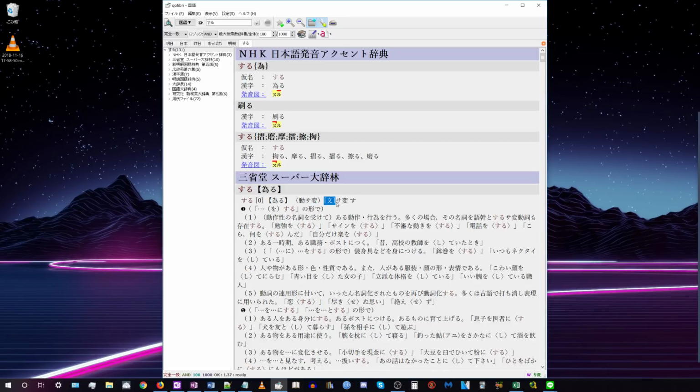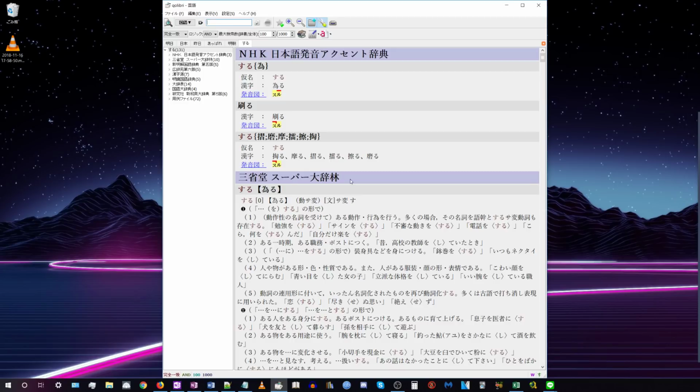And then this thing right here, the boon, it means this is what type of verb it was in classical Japanese. So in classical Japanese, there were more different types of verbs and they conjugated differently. And also the dictionary form of the verb was different. So this tells you that in modern day Japanese, it's suru in dictionary form, and it's a doshi sahen. Sahen is the type of verb. And then classical Japanese, it's also a sahen, but it's just su instead of suru because the dictionary form didn't need the ru.